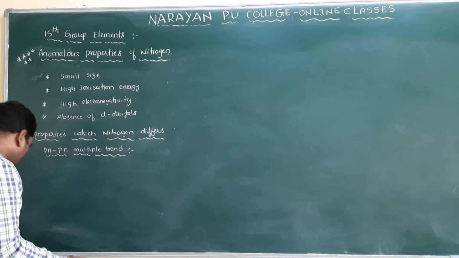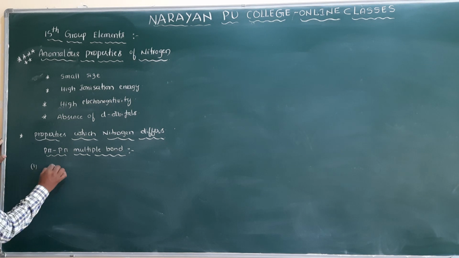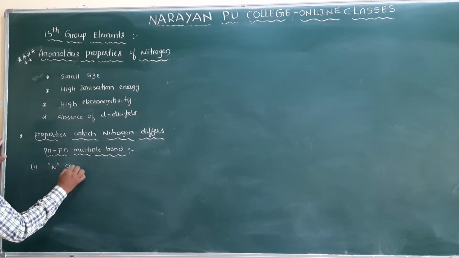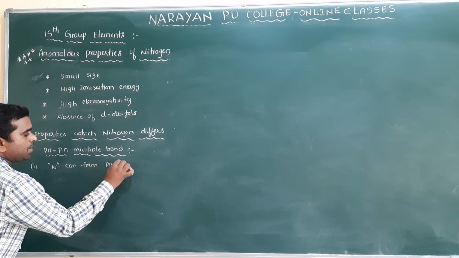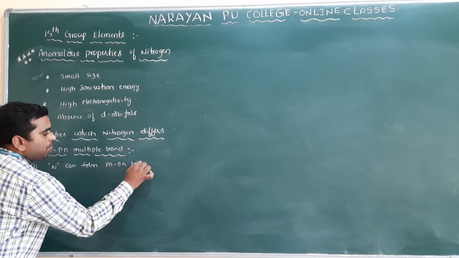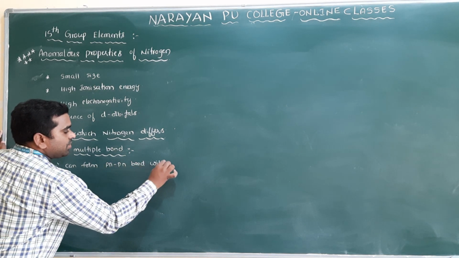So the first one: nitrogen can form p pi multiple bonds with itself